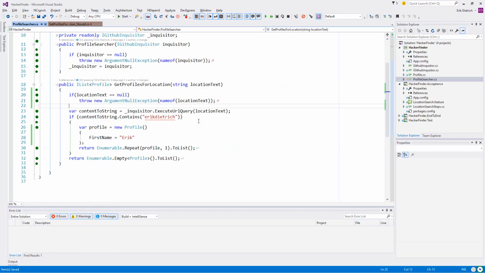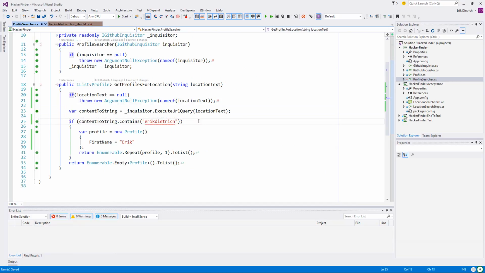Okay, now this method is depending on an externality. So if we go in here, there's another non-happy path thing that we don't control, which is in essence, what do we do if execute URL query throws an exception? And I don't fully know what kind of exceptions that might throw. So if it throws an exception, I think we're public facing here. So whatever kind of exception is getting thrown there, I don't want to just turn around and cough back up to the user, because the inquisitor is something that we'll control. But whatever exceptions might happen going out and doing stuff on GitHub, we don't control that.